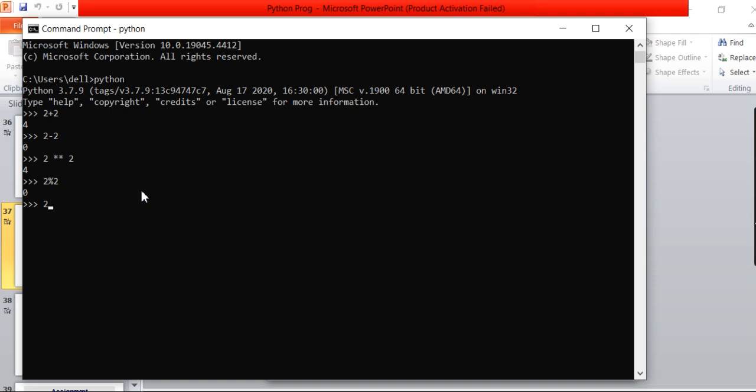If I am doing integer division, we will get the answer in integer value. If I am doing simple division here, then we will get the answer in float value. This is the difference between integer division and simple division. Some basic operations we have already seen: 2 plus 2.